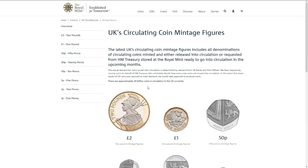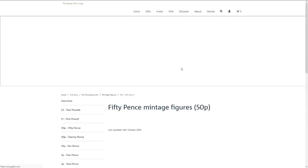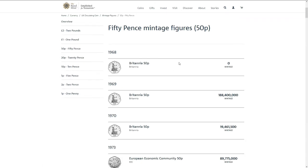In this section, Discover. Vintage figures, that's always a perennial topic. Now they do take a year or so to come out with those figures, so don't expect them on the first of the year, because it does take a while. So looking at the 50p figures, for instance, here,